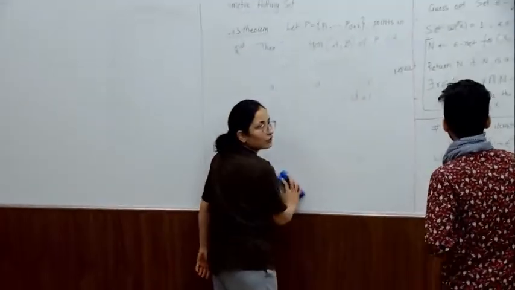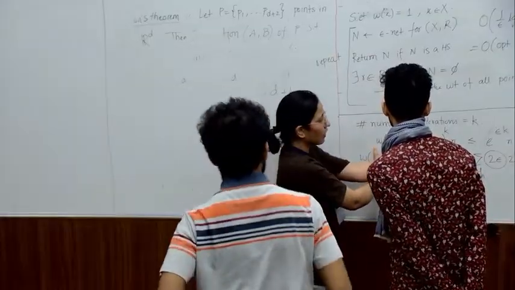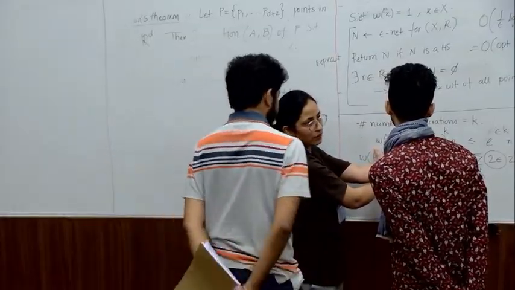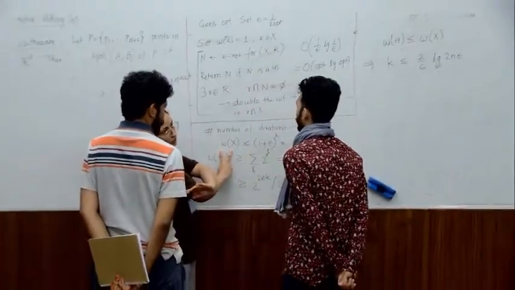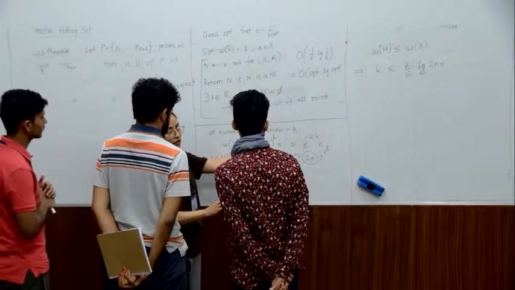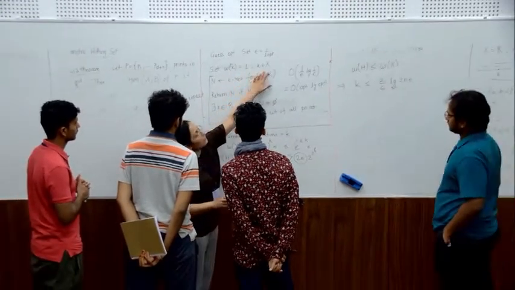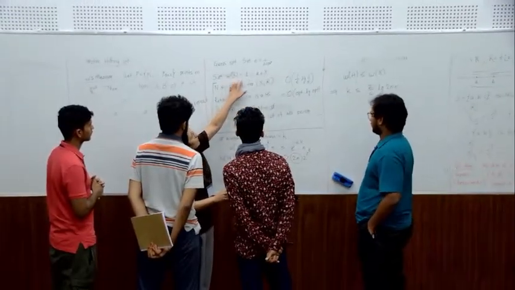Can you explain these two calculations? In every iteration, the weight of X is increasing by a 1 plus epsilon factor. That is fine, right? So after k iterations, we will have total weight bounded by this. And n, because n is the initial weight. So I have this X of size n, and initially I'm setting